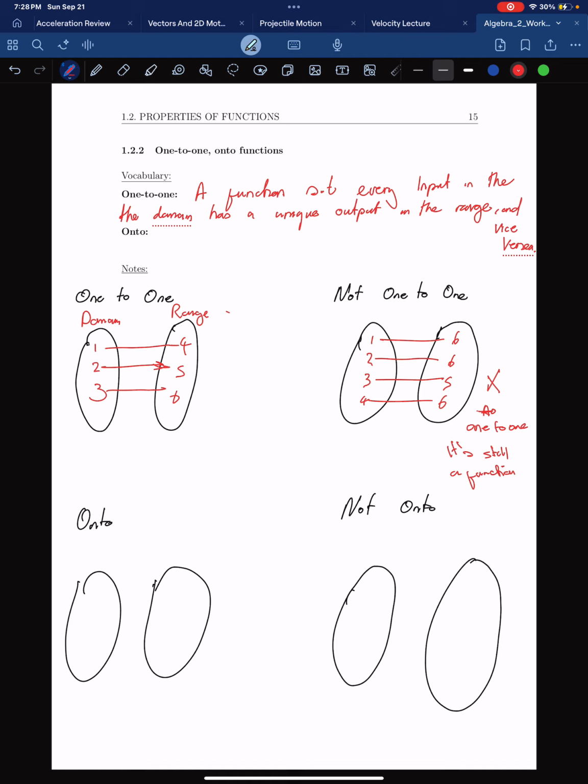Now onto, no pun intended. An onto function, this is the confusing one. This is the very, very confusing one. But I just want you to trust me on the definition, okay? I'm going to change the color because I don't want too much red just going around. So, an onto function is a function